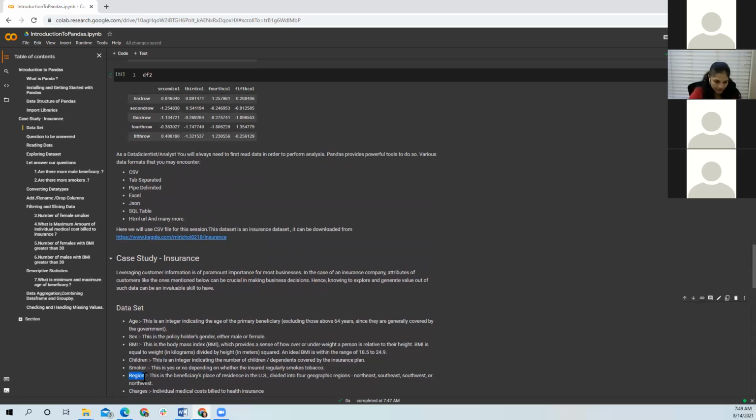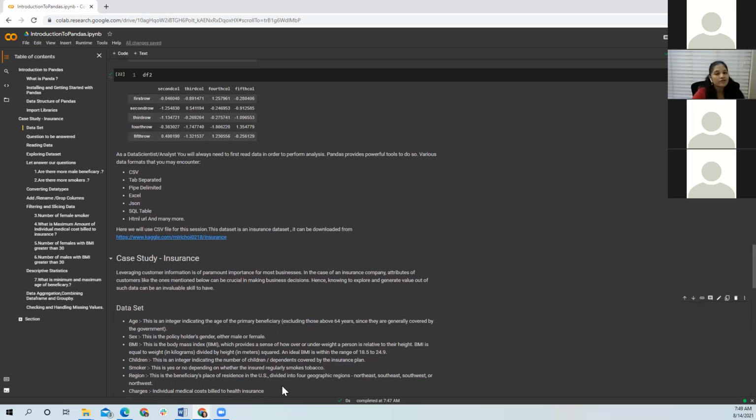Then this region is the beneficiary's place of residence. It is divided into 4 regions: Northeast, Southeast, Southwest, and Northwest. And the charges are the medical cost that is billed to the health insurance.